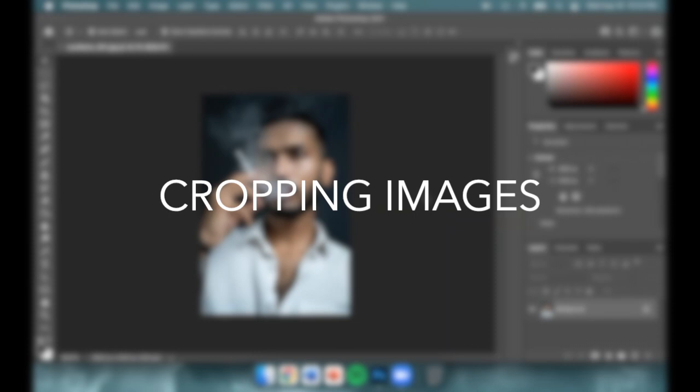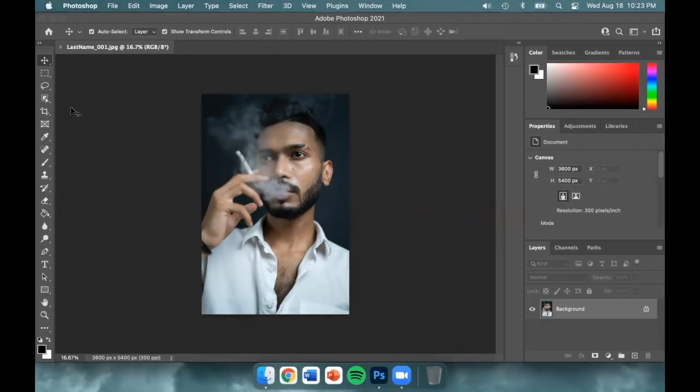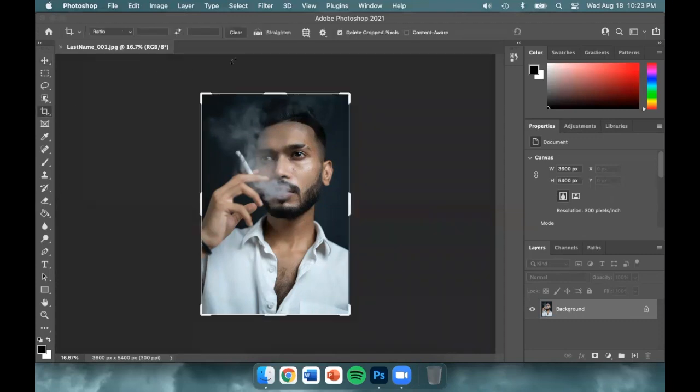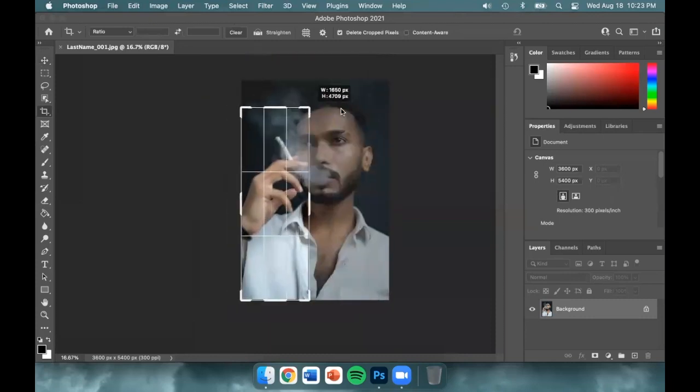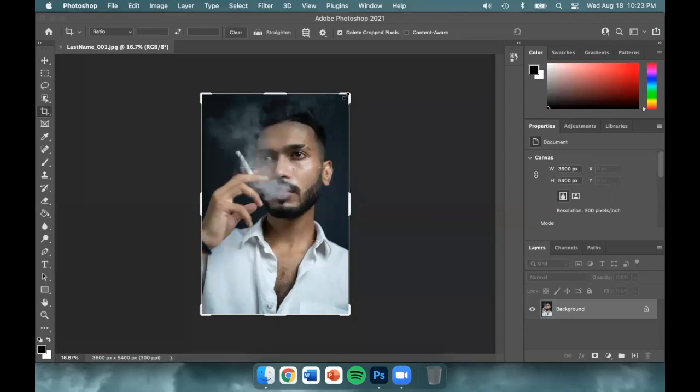Cropping an image can be a very important part of editing your work. Select the Crop tool or press C on the keyboard. Your image will then be selected with multiple movable points. You can crop your image in a variety of ways, but if you are trying to maintain the same aspect